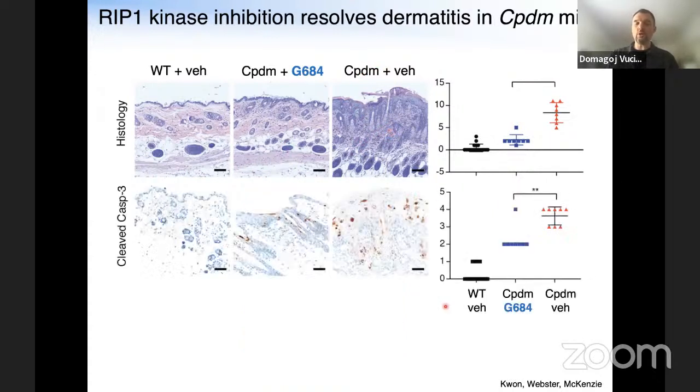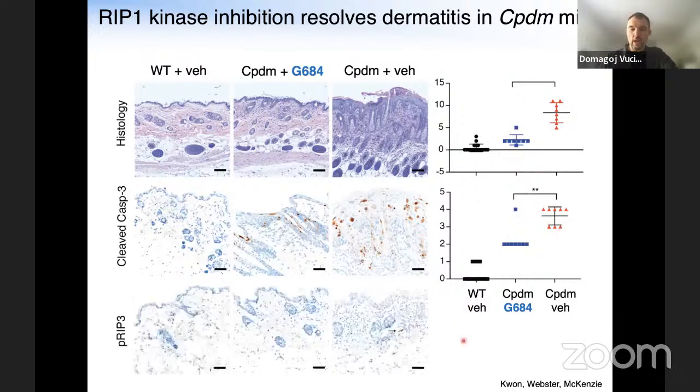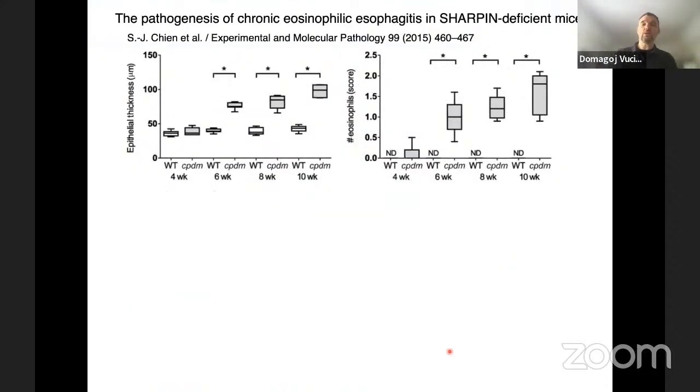We also see caspase activation in this case, quantified here, and also RIP3 phosphorylation. So we see a model where, at the same time, in the same tissue, in the same animal, we see apoptosis and necroptosis induction. And that's what we often see, that these cell death pathways are not completely exclusive, but often you see both of them being induced. These Sharpin mice, actually the Cpdm mice, are interesting because they develop other diseases, such as